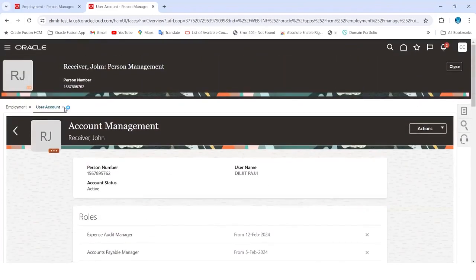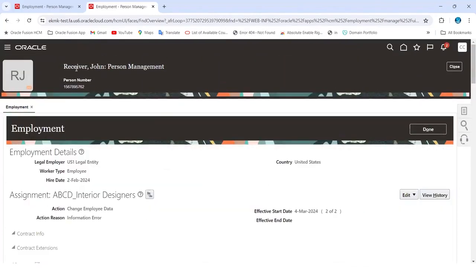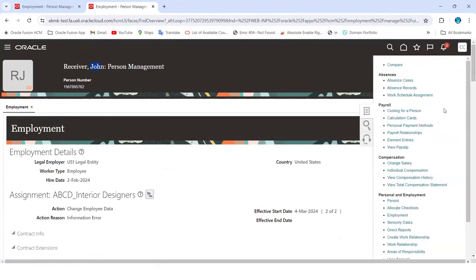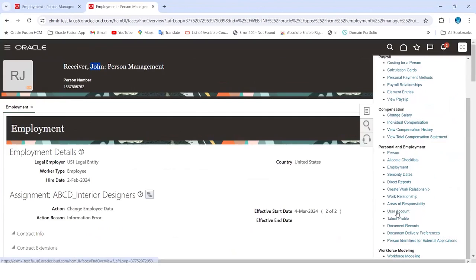So this is about user account management of the employee that HR can check. And then next, what else do we have? After this, we have something called a talent profile. Talent profile page is nothing but where we capture the skills and qualification details of the employee. Basically, for every employee in the system, HR after hiring will come to the talent profile, nothing but the person profile, that is